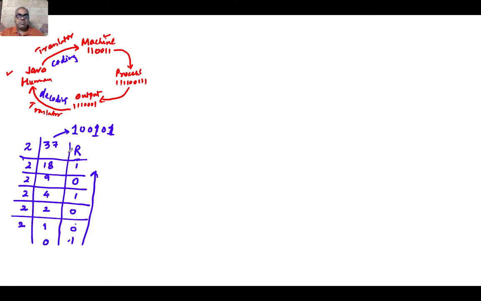This is the binary value. So a number can easily get converted. But what if I have an alphabet? I can't divide this by 2 at all. What if I have a special sign, a dollar sign? I can't divide that by 2 at all. So to overcome this problem,